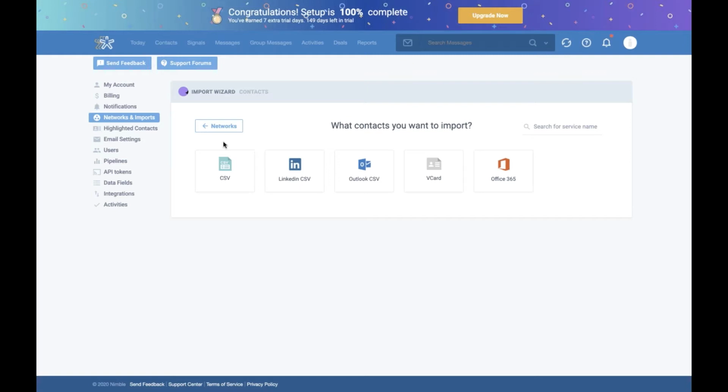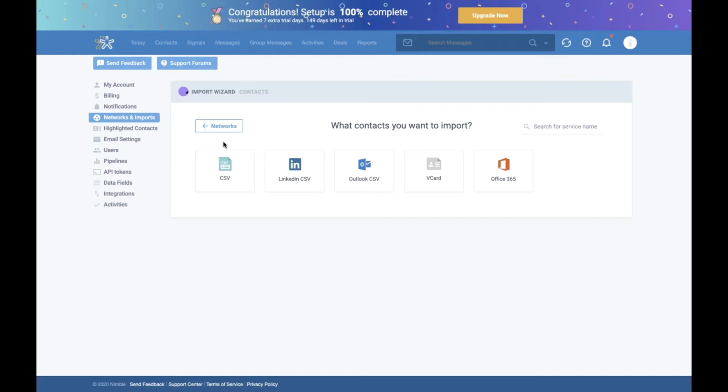Either first, you open up your spreadsheet you're using, you open up Nimble, and you will take a look at the way we name the fields inside of Nimble, and then match the columns in your spreadsheet to exactly what the fields are called in Nimble. If you do that, upon the import, Nimble will automatically match the fields and it will save you time on